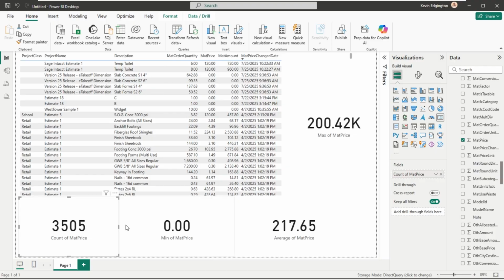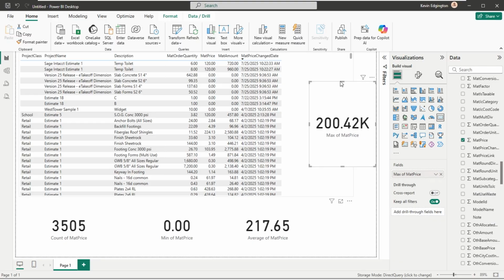So now as we look at this, I can kind of see how many lines it is evaluating. Minimum, average, maximum. In my case here, I'm going to go ahead and make some of these a little bit smaller so I can get more of this stuff on the screen at the same time.